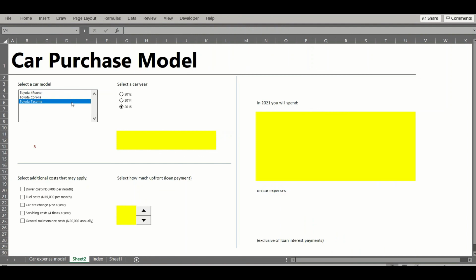Essentially, each form control has 2 main attributes that are relevant for us in building the Excel. The description, that's essentially what the front-end user sees. Examples of descriptions are these labels: 2012, 2014, 2016, car tire change. That's the first attribute. And the second attribute is the cell link range. The cell link range is important in creating that bridge, which is the third thing we're doing. The bridge connecting the front end to the back end that